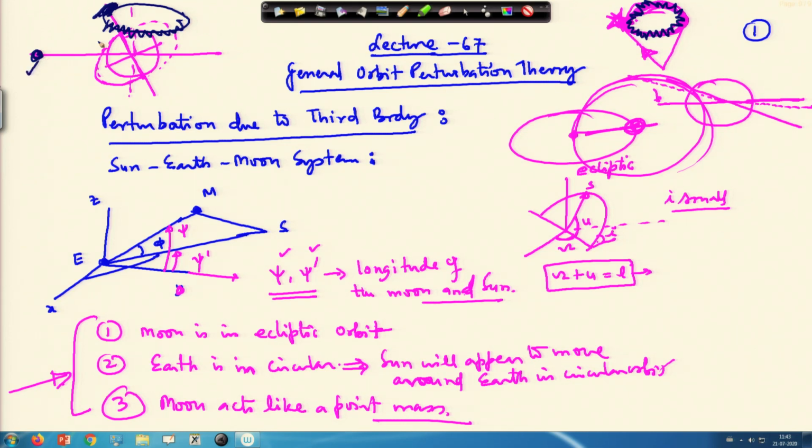If you have done a mechanics course, you will find in the Beer Johnston book on mechanics a problem related to the earth, where the inertia of the earth is given. This problem is related to satellite attitude dynamics. You have to find the period of precession given the moment of inertia of the earth and distance of the sun, and all these things are available. Based on that, in how many years it will complete one precession has to be computed. That turns out to be around 26,000 years, nearly 25,800.